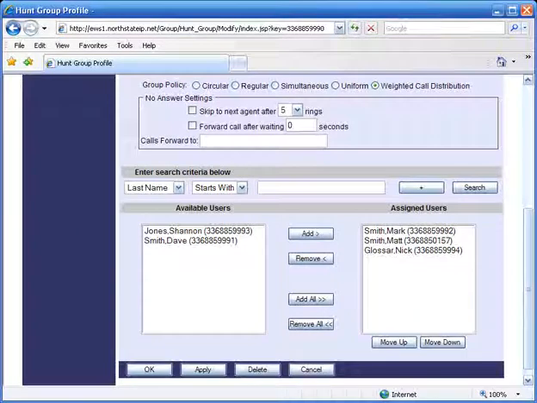The weighted call distribution policy routes incoming calls to idle agents based on the percentage assigned to them in the Hunt Group profile page. By default, users are assigned percentages that will distribute incoming calls evenly, so you will need to modify the entries accordingly. For example, if the 3 agents in the Hunt Group handle Unix operating system technical support, you might want